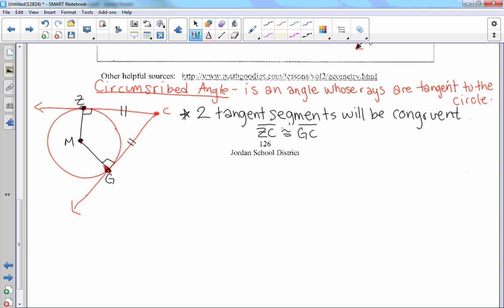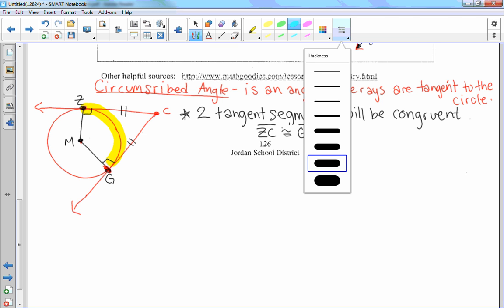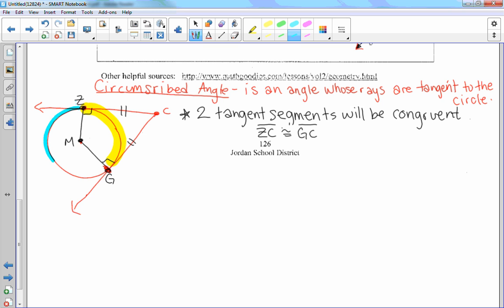Okay. And then there's also a relation that happens with the arcs. Now we have two different arcs here. We have a minor arc right there. It's a smaller one, right? And we have a major arc out here. The measurement of the angle C is going to be half the difference of these two arcs. What does difference mean? Subtract. So we're going to subtract the major minus the minor and divide by 2 when you know the measurement of angle C. So the measurement of angle C is half